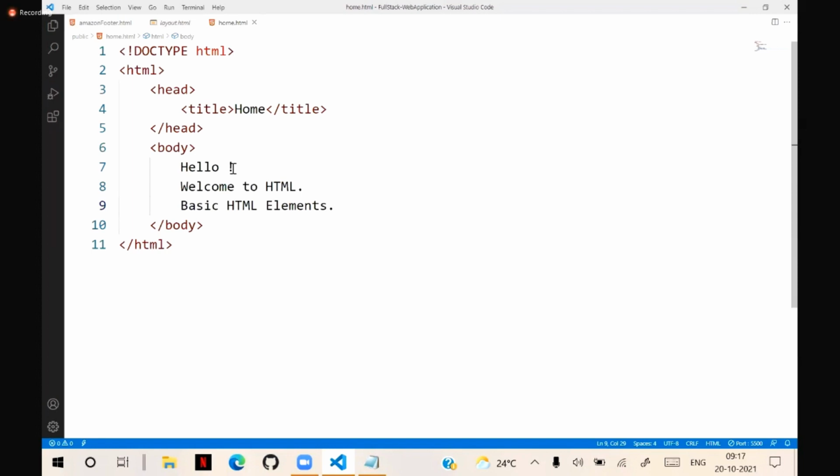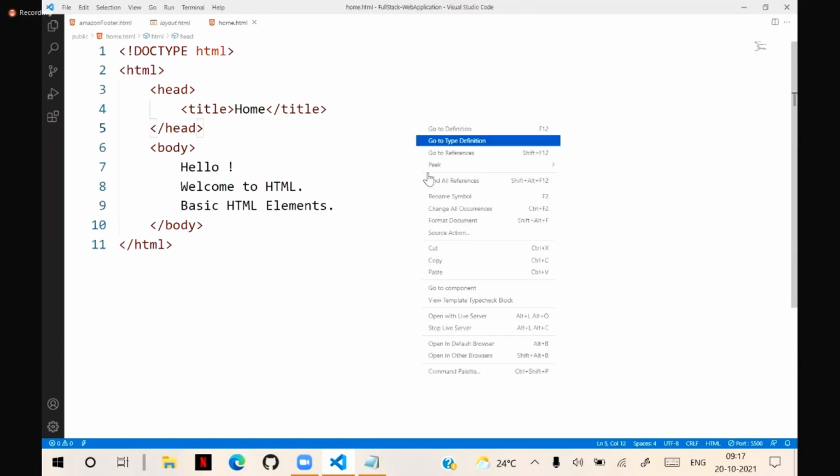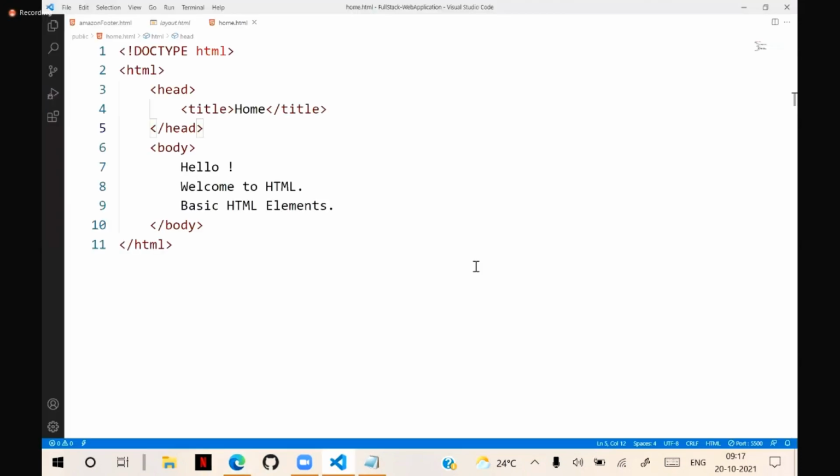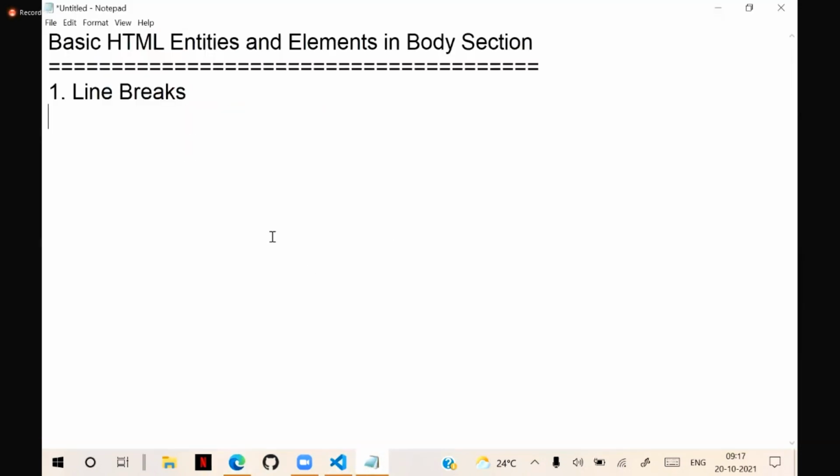I wrote 3 sentences in 3 lines, but when I run this in the browser, everything comes in a single line. That means how you write in the editor, it will not display the same way inside the browser. A lot of transformations will happen. So we want to display the line breaks. Line breaks are ignored automatically. To add line breaks, that means